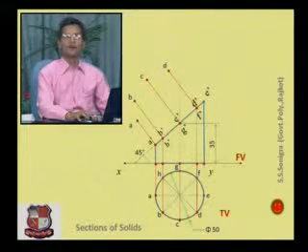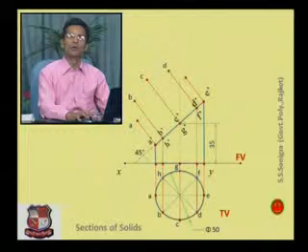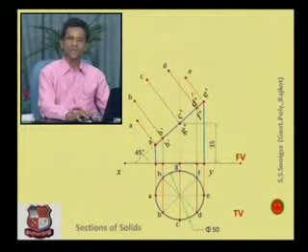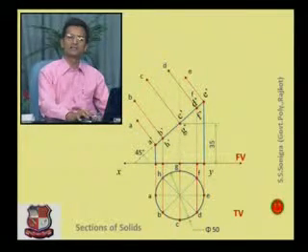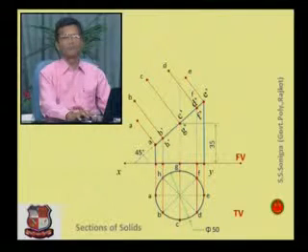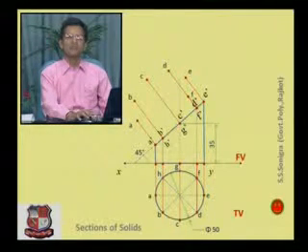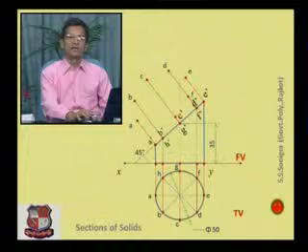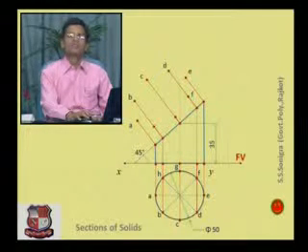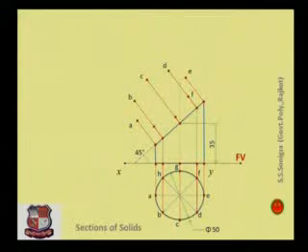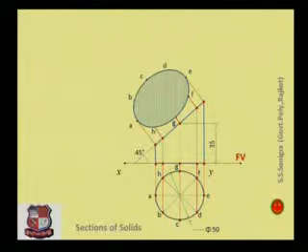That is D. Again, find out the location or position of point E, which is on the true shape. With a similar exercise, find out the locations of points F, G, H and I. So these are the 6 points or 8 points. Join all these points with a smooth curve and that would appear as an elliptical shape. So this elliptical shape is the true shape of our section.